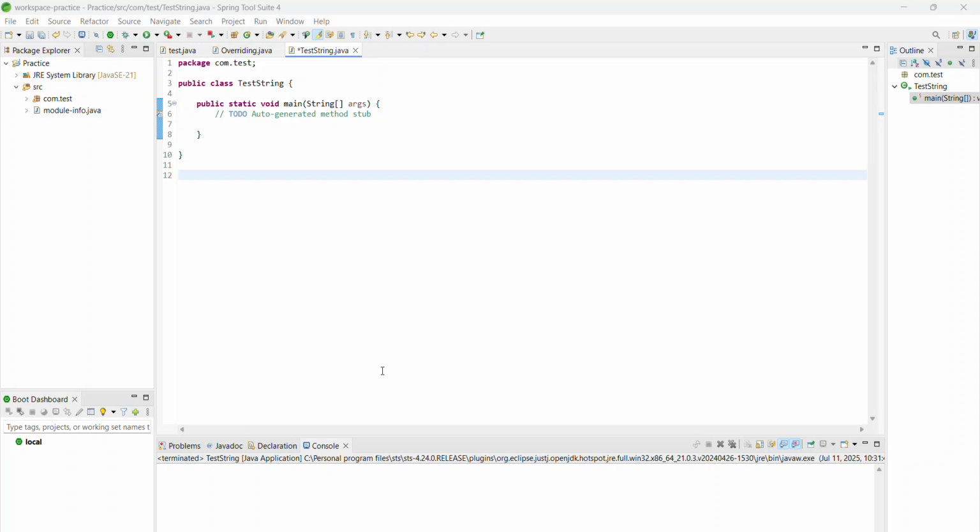So in this string class, we will discuss the methods of string. What are the methods we are using in the string class while writing the program? One by one, we will discuss the methods and run the program. You can also write these programs on your laptops and run them side by side. So first,